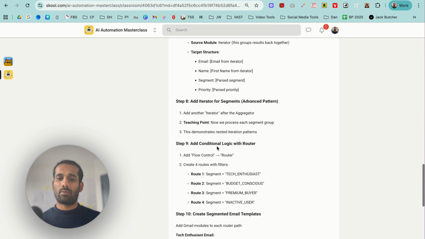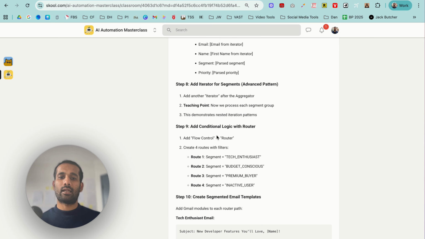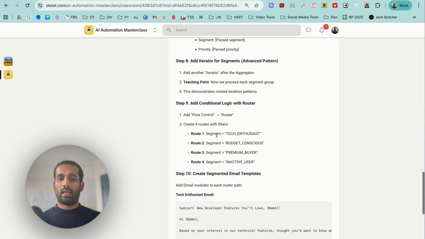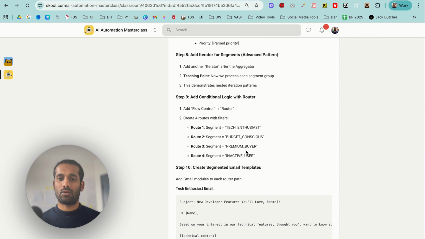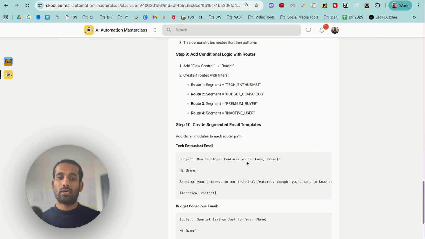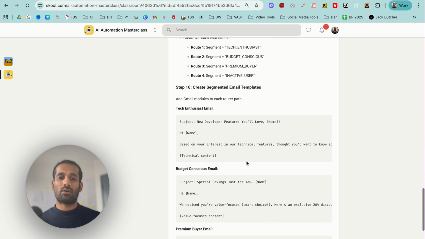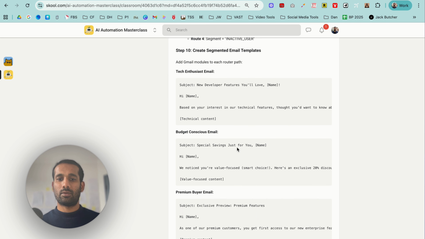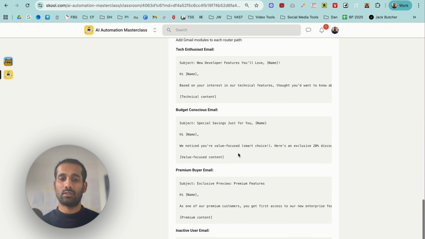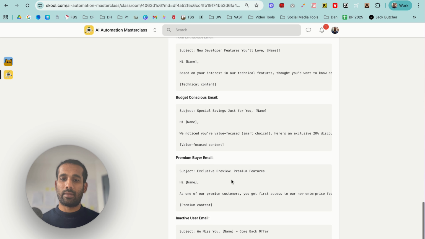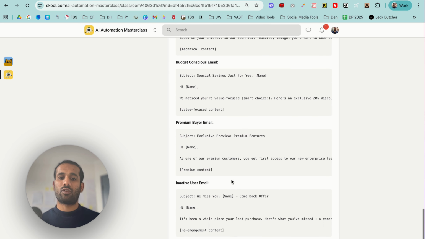And then what we are eventually going to do is add conditional logic with a router, and based on what type of customer they were, whether tech enthusiast, budget conscious, premium buyer, or inactive, we're going to send specific emails out to them. So for a tech enthusiast, we might send an email like, these are new features you love. For a budget conscious customer, we may send them special discounts. For a premium buyer, we may send them exclusive premium features. And for an inactive user, we might send them some sort of reactivation campaign or reactivation email to bring them